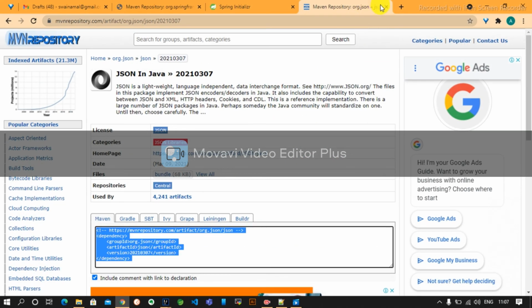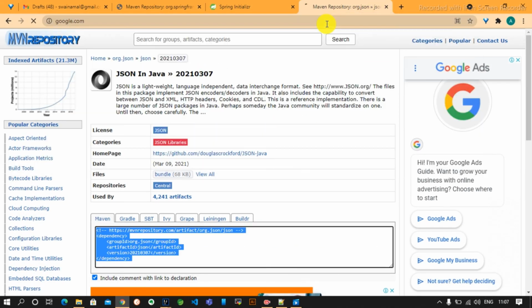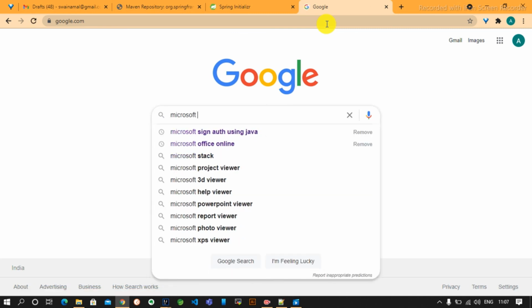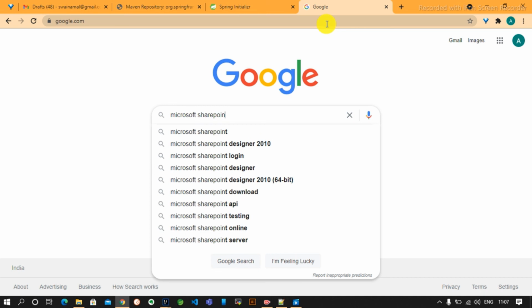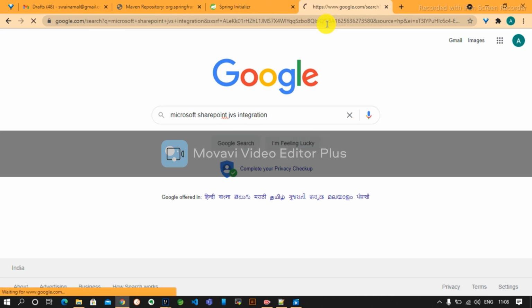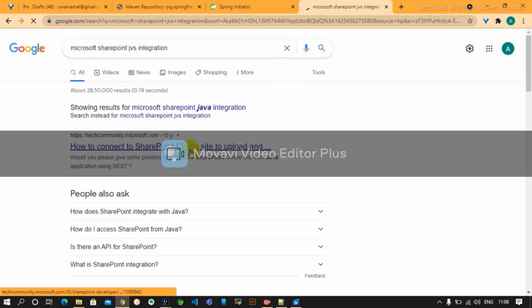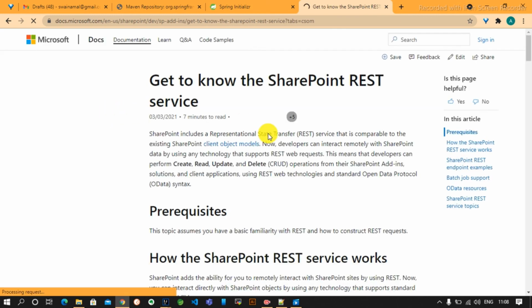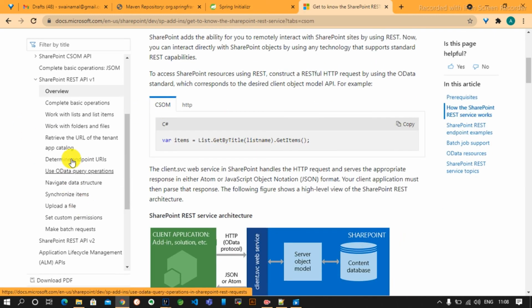I will show you a couple of websites from Microsoft about SharePoint Java integration. You will get to know about some different APIs also, complete basic operations, working with lists, all those things.